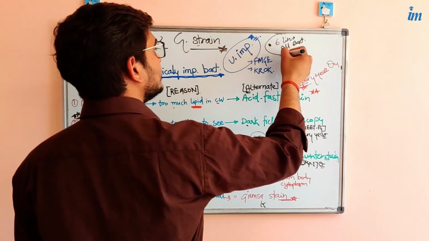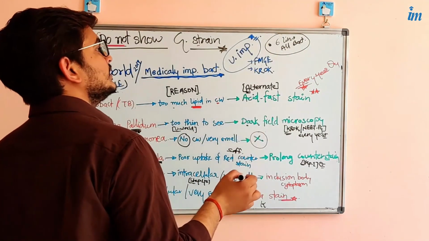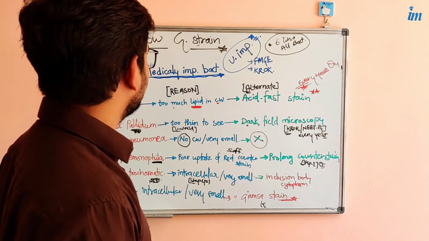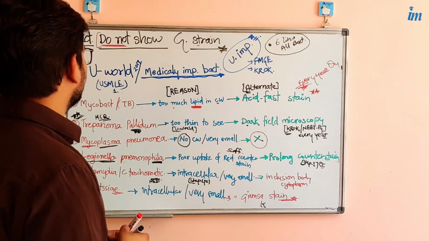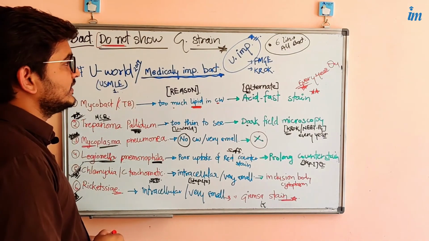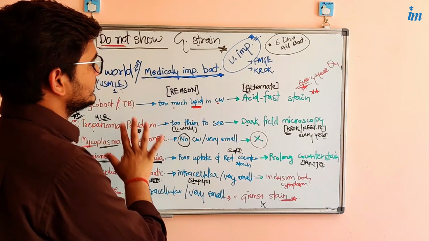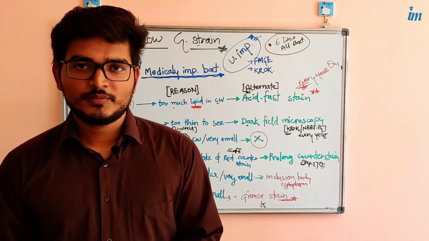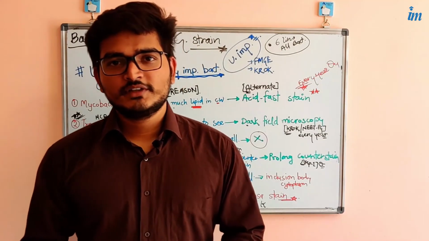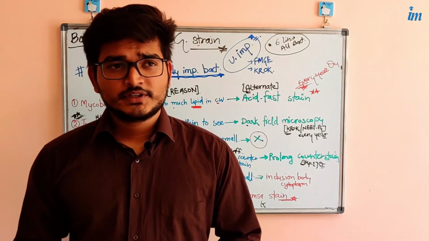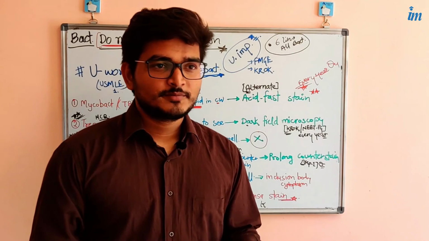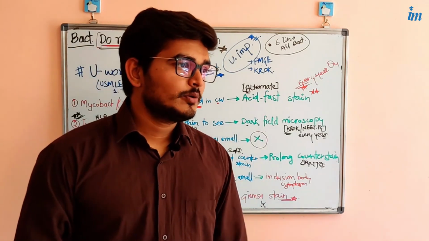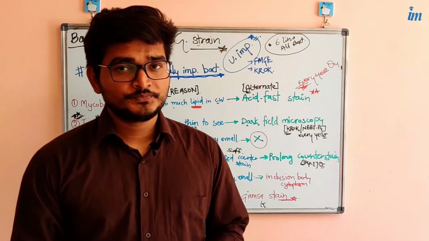All others are able to show the gram stain. While solving questions or answering viva questions, you should be fully confident. If you see any bacteria other than these 6, you can go for the gram staining process and say whether it is gram positive or gram negative. Further, if there are pharmacological questions, we will go for a broad-spectrum antibiotic, or we will go for gram negative or gram positive bacteria.